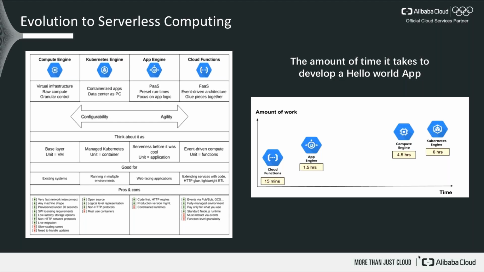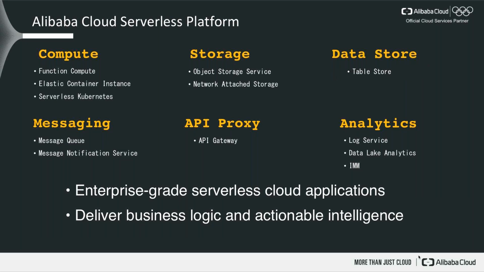So you can see the cloud function, the FaaS. So you can really learn something really fast, easy. That's the FaaS. And now here's the Alibaba Cloud serverless platform. So one thing I really want to emphasize is serverless is not just one service. It's not like Lambda or Function Compute or GCP Function, Azure Function. Right? This compute alone is not useful. It has to do with all the other platform, all the other serverless